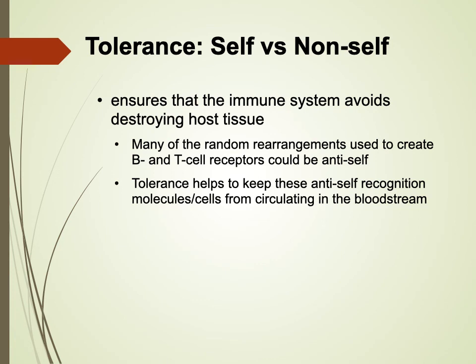This is where a T cell or B cell that does recognize self isn't allowed to go into secondary lymphatic tissues, so it gets destroyed before that. If it does escape, there are other checkpoints: if a T cell responds too strongly to something, that might indicate it's actually responding to self, so that cell might end up getting destroyed. We'll talk about the idea of tolerance throughout this semester, but definitely when we're talking about B cell and T cell development.